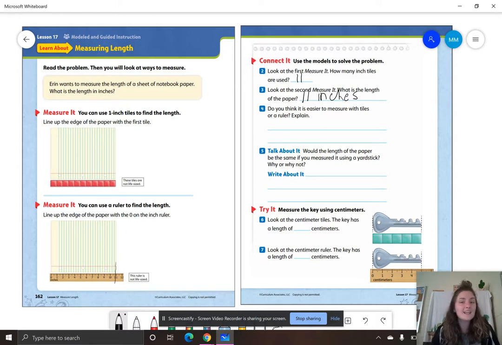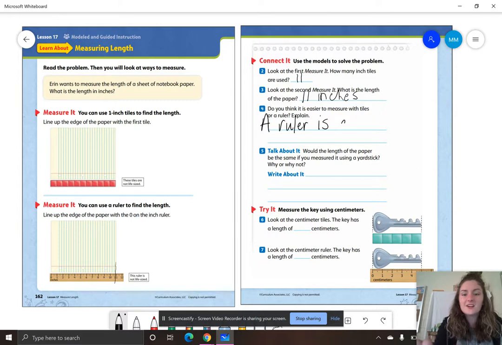It says, do you think it is easier to measure with tiles or a ruler? Now, we didn't use the tiles or the ruler, but which one is going to be easier to use? What do you think? I think the ruler would be easier. Why? Because I'm just using one ruler stick. With the tiles, I would have to get 11 different tiles and measure them side to side and make sure it's exact. With a ruler, I just line it up edge to edge. So I'm going to say a ruler